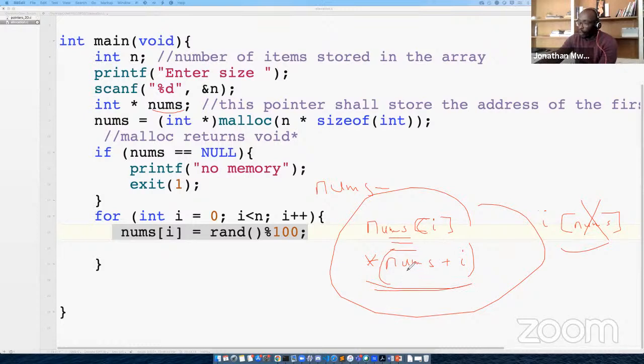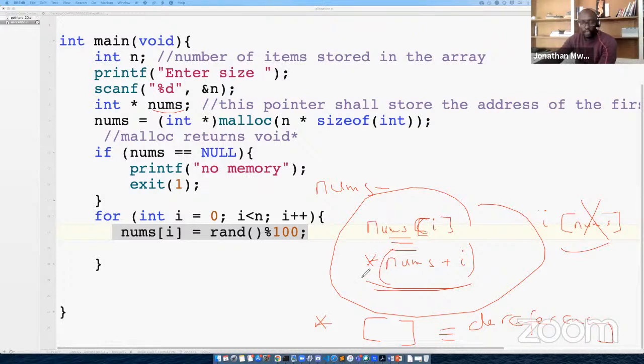Important though is to actually understand that these and these are equivalent, and that the static one and the square brackets both mean dereferencing operators. So both of them are dereferencing operators. If you look at the difference between this and these, we just have square brackets here, and here we have the static one.